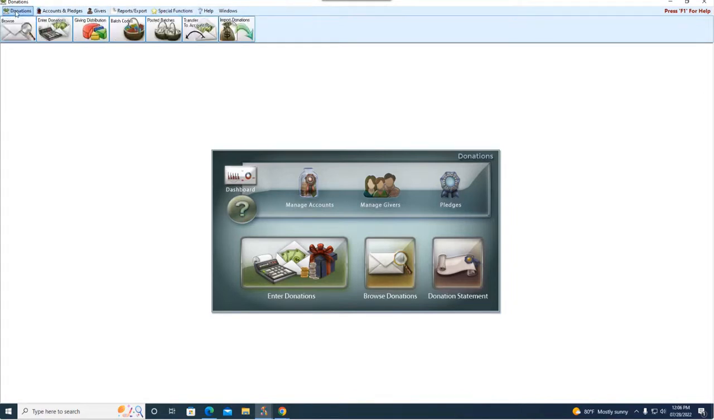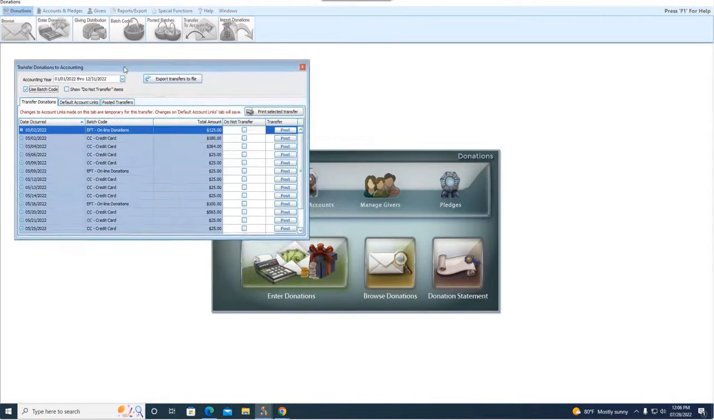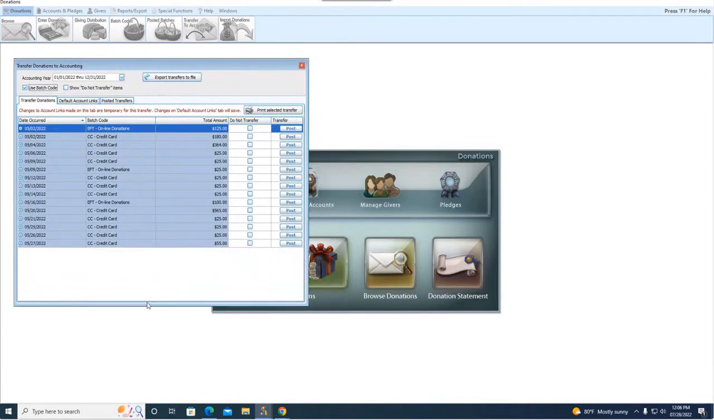So when we go up to our donations and across the top center to transfer to accounting, we're going to see a series of batches which we've imported from Vanco for the month of May, where the software has separated the EFT online donation transactions from the credit card entries. We've got a whole month's worth of transactions, which the software has separated based on the designation of those two batch codes